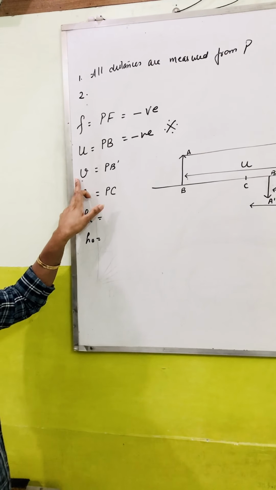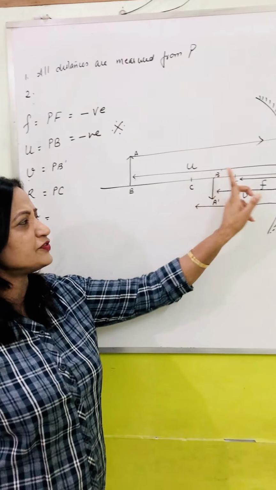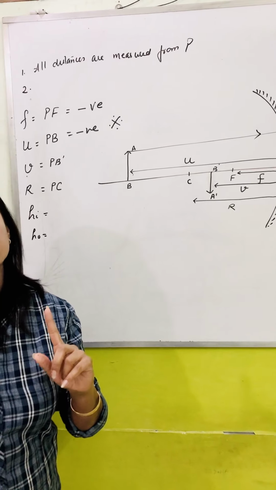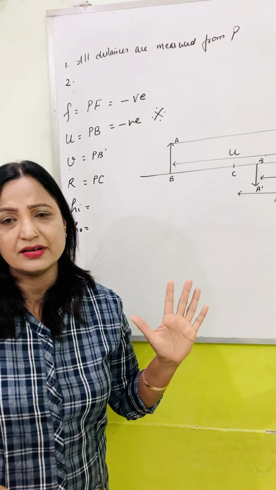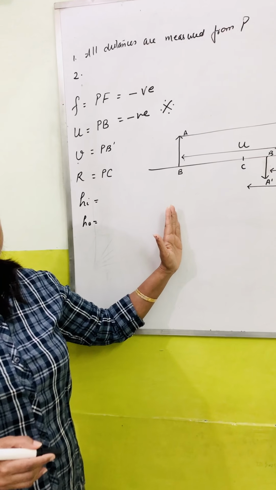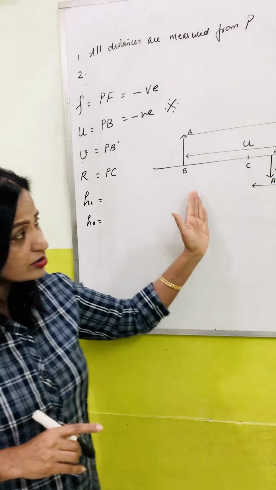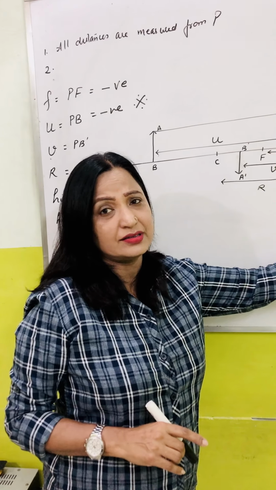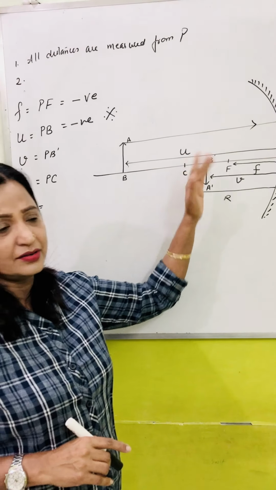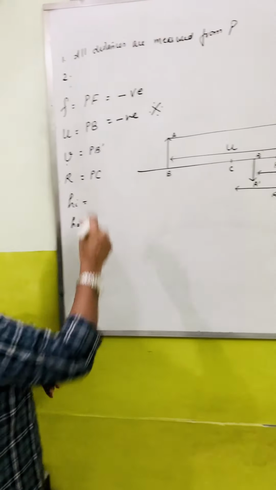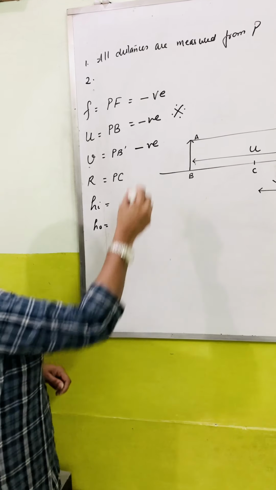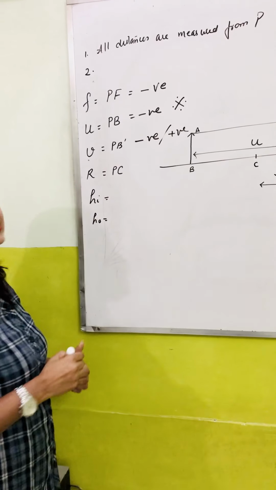Then coming to image distance, the distance of the image from the pole. Now here you have to remember a concave mirror is said to be a versatile mirror. Versatile means it can make images in front of the mirror, that is the real images. It can also make an image behind the mirror, that will be a virtual image. So if the image is in front of the mirror towards the left-hand side, then V will be taken as negative. But in one case, the V will become positive. Image distance will be positive.